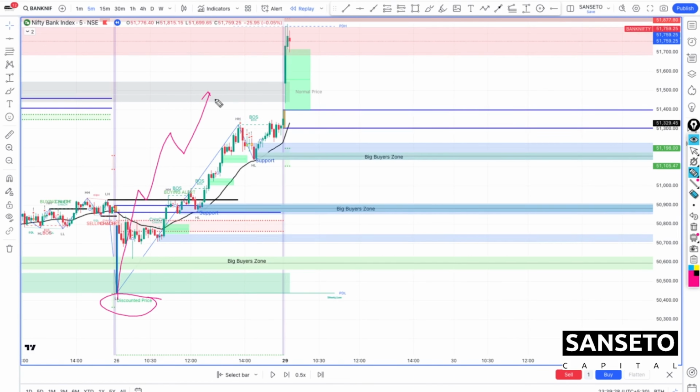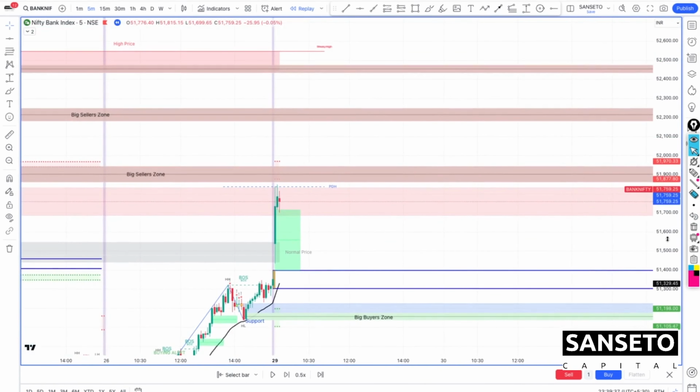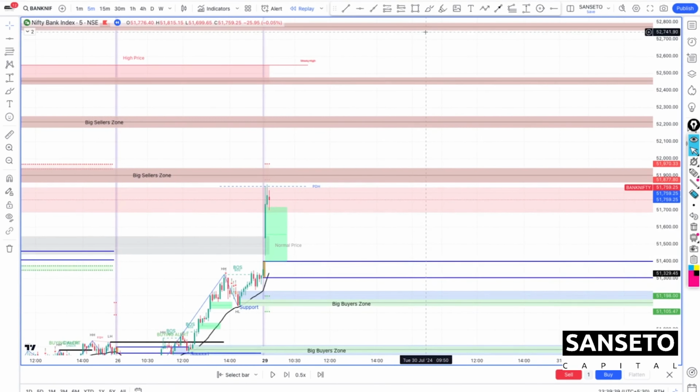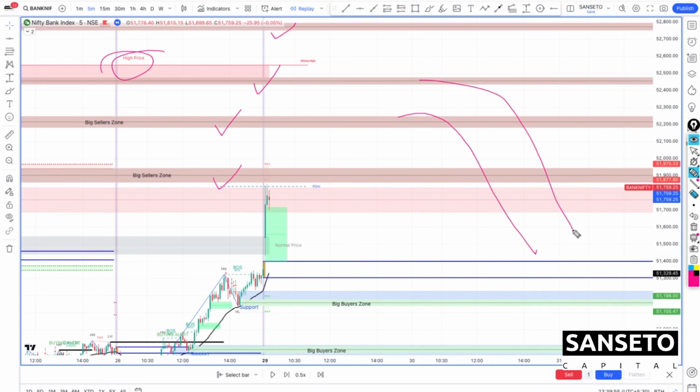From normal price, the market can come to discounted price, or it can move to high price. Okay, so now we are seeing a possibility that the market can go till high price. Which is the high price here today? As of this day, this is the high price. If the market is continuously pushing forwards, it will take this stop loss, this stop loss, this stop loss, if possible this stop loss also, and there is any possible way the market can come back to its own